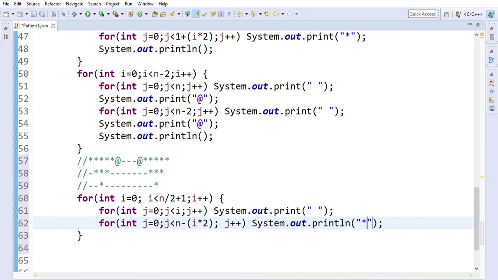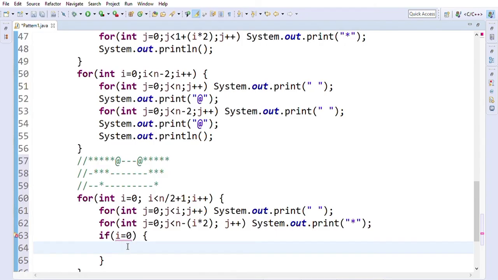Print the star, then we have to see that we are taking special care of the first line. We have to print the @ sign for the first line in the space of these white spaces. So we will take care of this first line individually. If i equals to 0, then after printing this line we will print the @ sign.